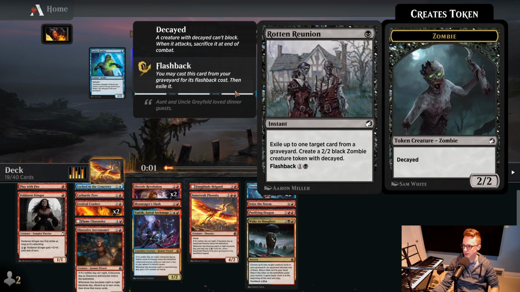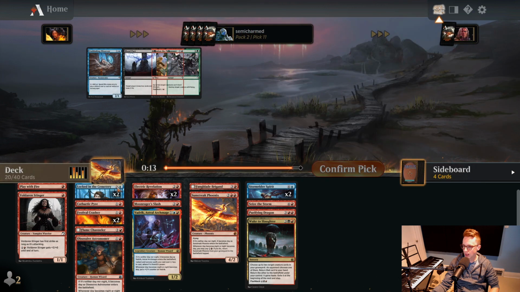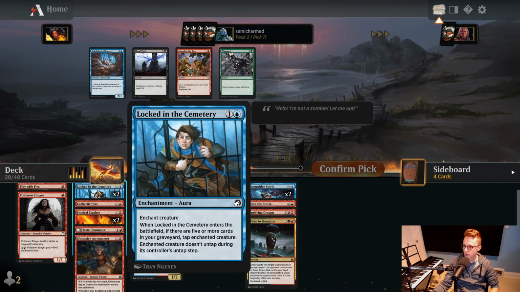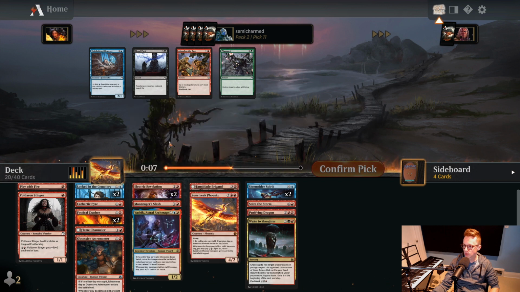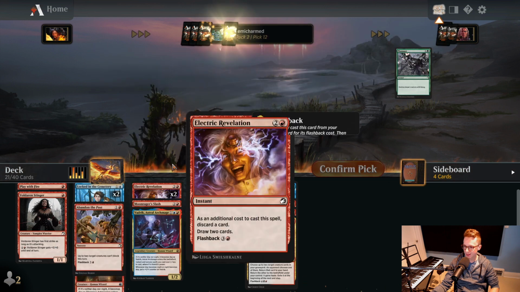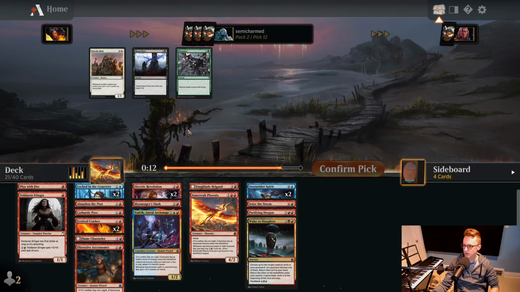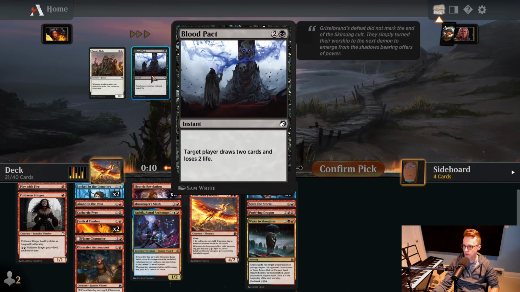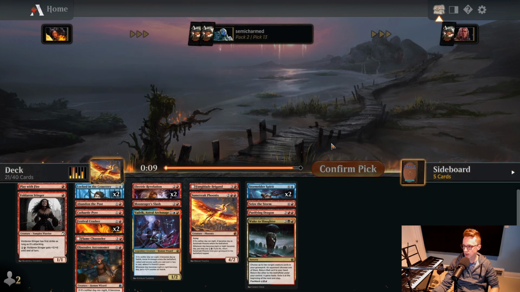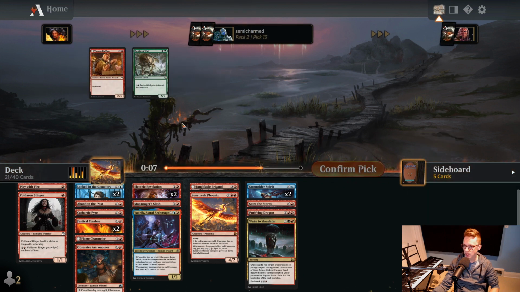We don't need another Revelation. I'm just thinking about Rotten Reunion. Might have been the pick there, because this is not an instant, which is kind of unfortunate. Okay. I think we do take Abandon the Post here. Again, not really a very good card. Didn't see the Stinger come back around, which is kind of brutal, because we don't really want to be fighting for red with anybody else. Take a Blood Pact here. So we had a shot at...